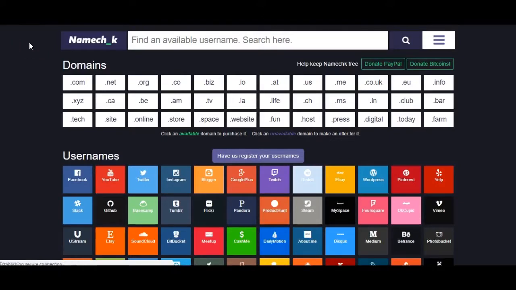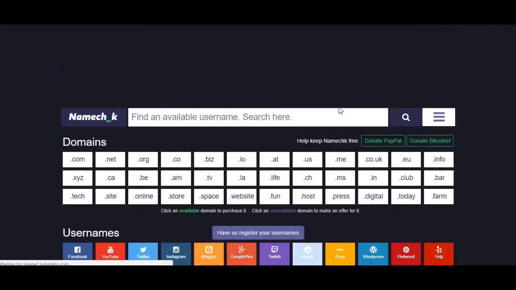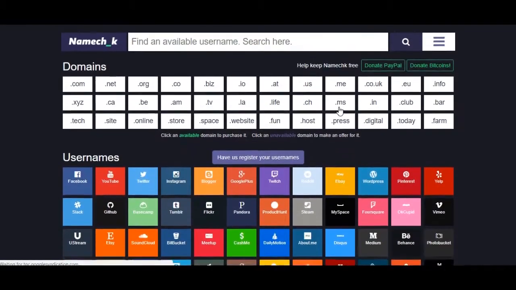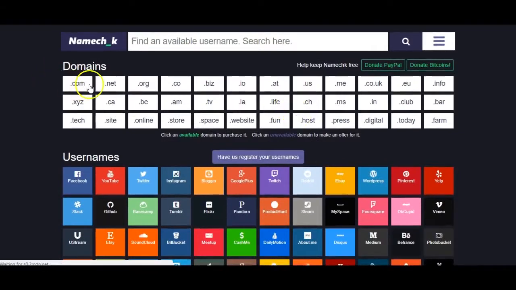So here we are at namecheck.com, that's N-A-M-E-C-H-K.com. I want to show you a very valuable tool that's going to let you know if the domain name is available for .com and show you a variety of usernames and if they're available.